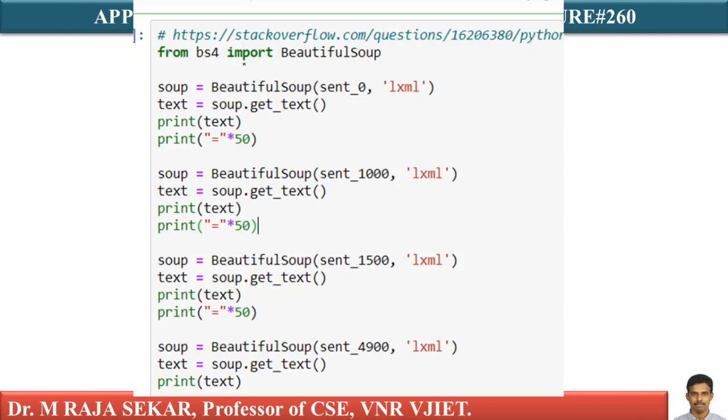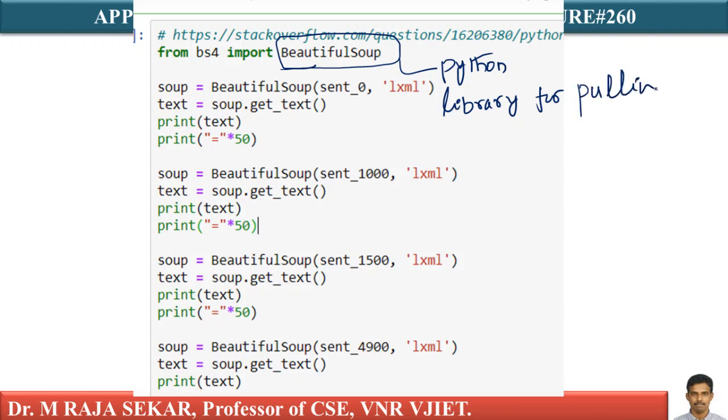You must understand there is one beautiful soap. Beautiful soap is a Python library. What is the purpose of this Python library? For pulling data out of HTML and XML files.